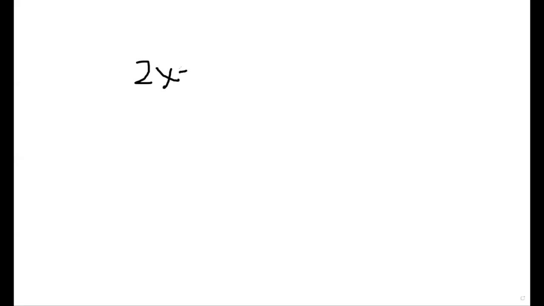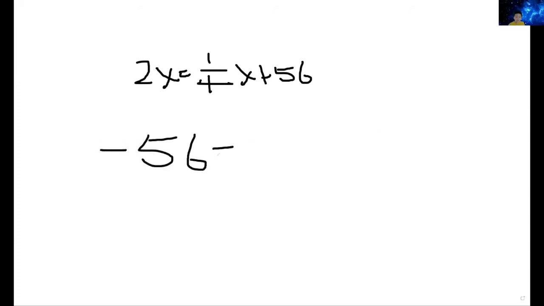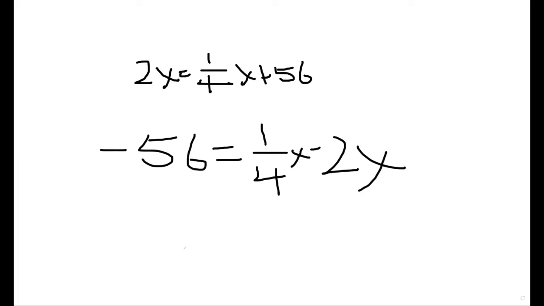2x equals 1/4 x plus 56. Is this correct? Okay, so you get negative 56 equals 1/4 x minus 2x. You get negative 56 equals